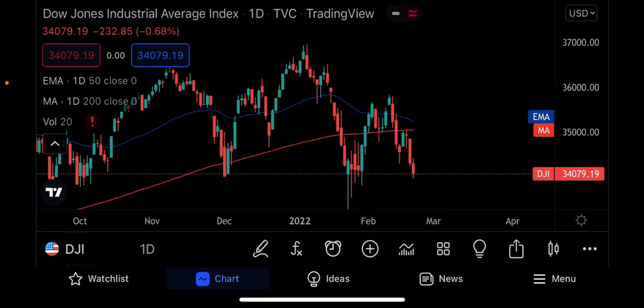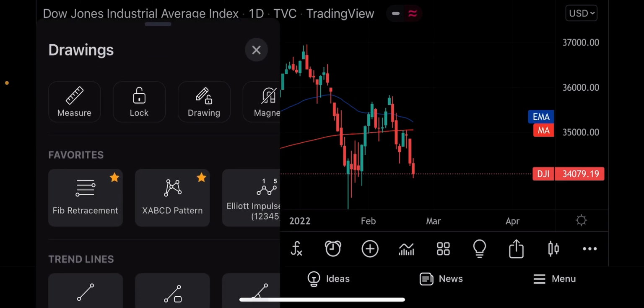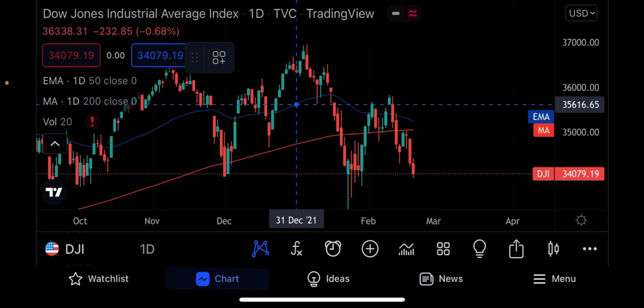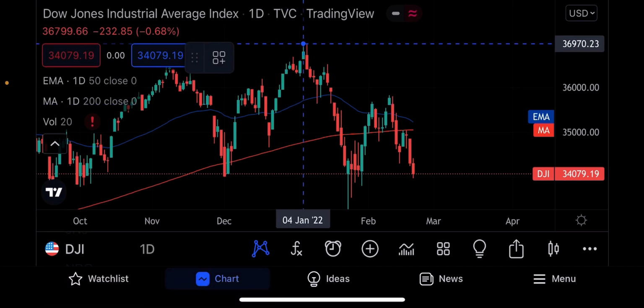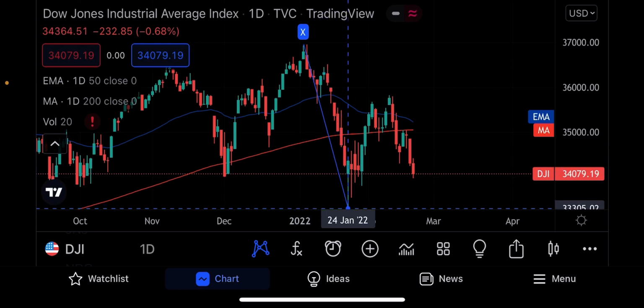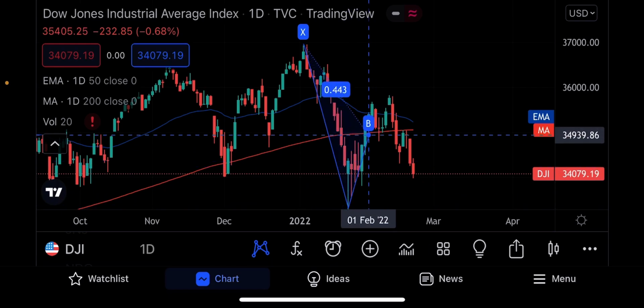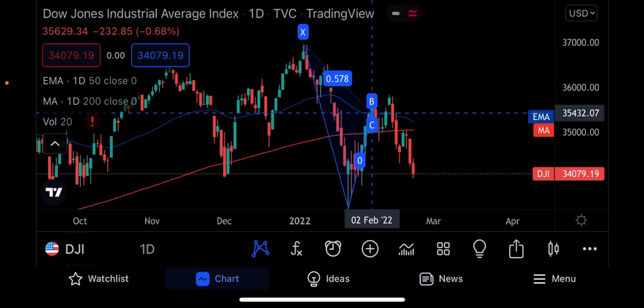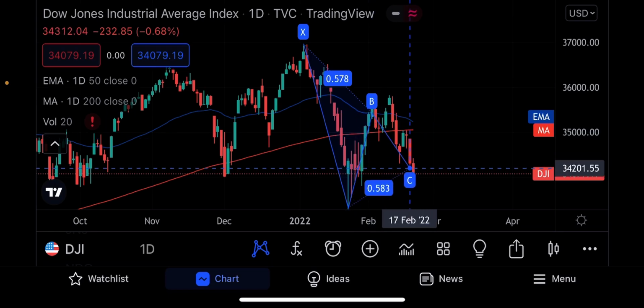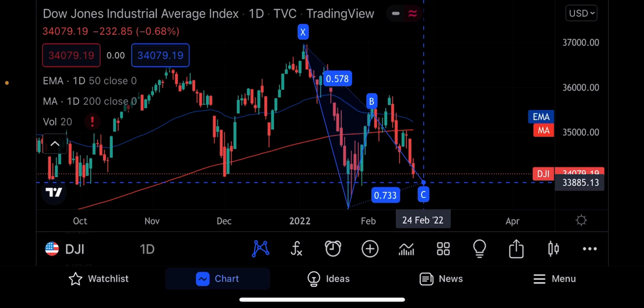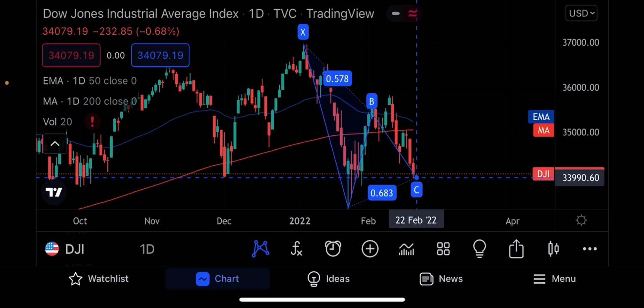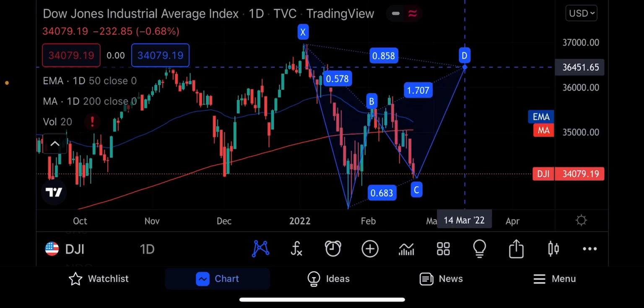But what I see in here, I can't point it out on the screen, so I'm going to draw it for you, is this cool little pattern. And that would be an A, B, C. I'm going to draw C a little bit lower, around 68. And then the D will be higher.